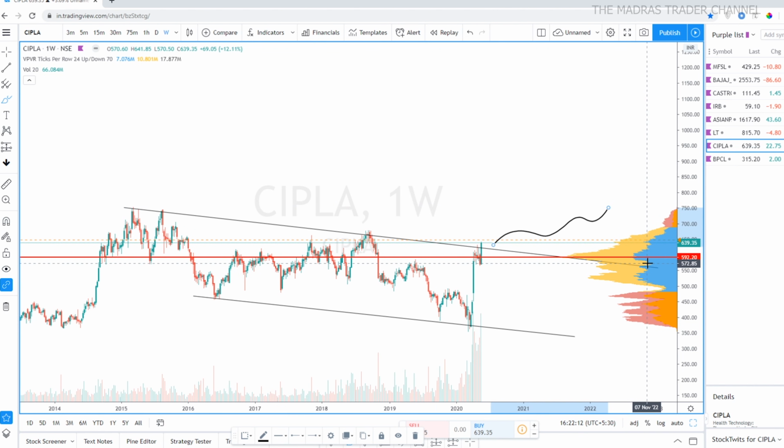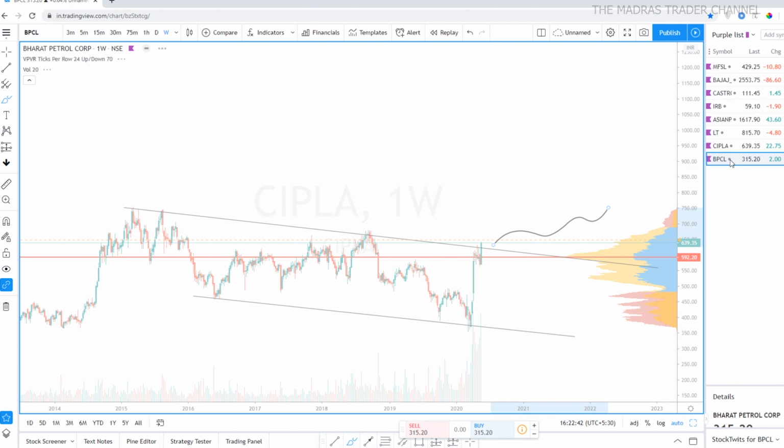Yes, it can also be used for long-term investing. This is not just one factor we are going to consider. There are going to be a lot of factors before investing, right? So this can be one of the potential factors before taking up the trade. The point of control is here. Most probably it has the potential to move above this. So both in the lower time frame, that is the 15 minutes time frame, it showed us bullishness, and also in the higher time frame. So that is a green signal for this.